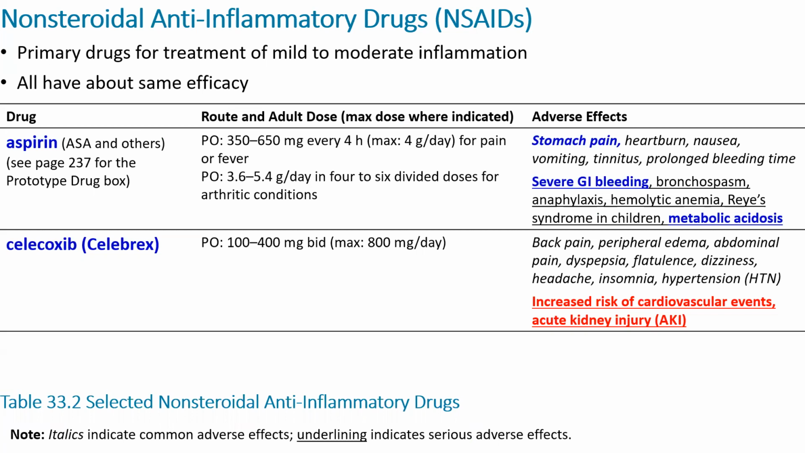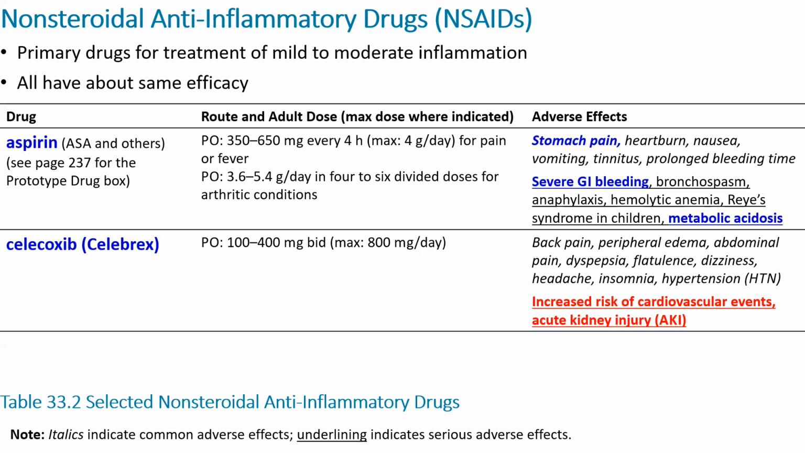Non-steroidal anti-inflammatory drugs, NSAIDs, are the primary drugs for treatment of mild to moderate inflammation. The main agent or drug is aspirin, acetylsalicylic acid, and celecoxib, which is Celebrex. The main side effects of aspirin are stomach pain, severe GI bleeding, and metabolic acidosis, and we have different dosages